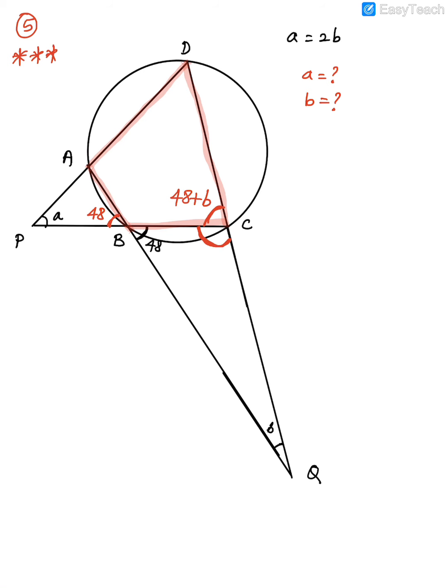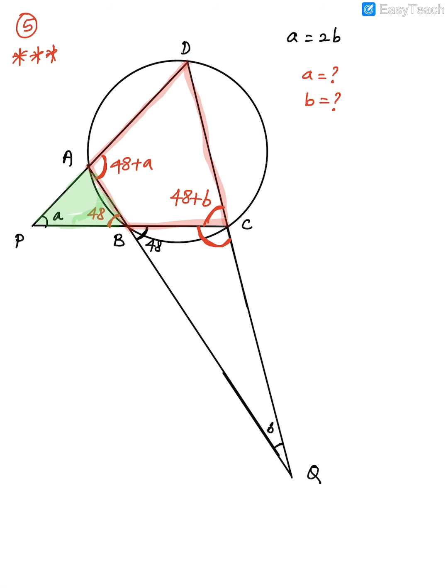Now with the same logic, I will get this angle. This is again the exterior angle of a triangle. If somebody is confused, I'll just tell you, this is the triangle we are talking about. Okay, so that angle is an exterior angle. So what will this angle be? It will be equal to what? 48 plus B. So this will be your 48 plus A.